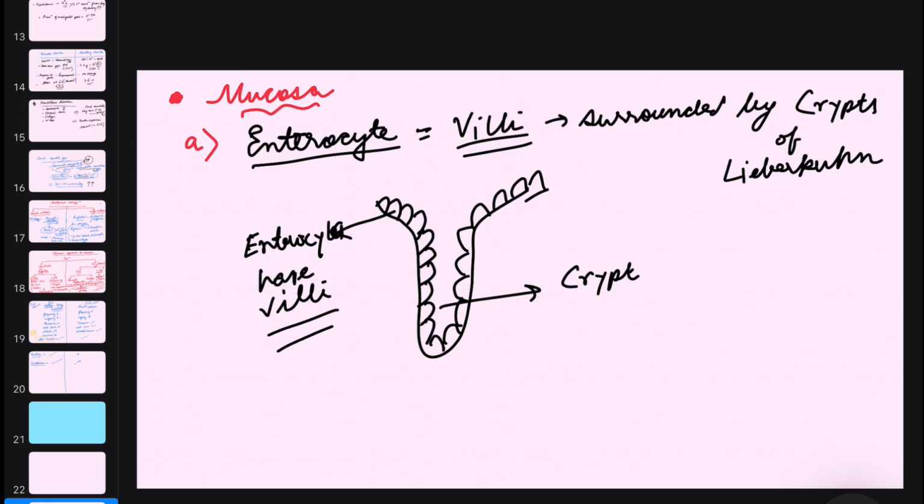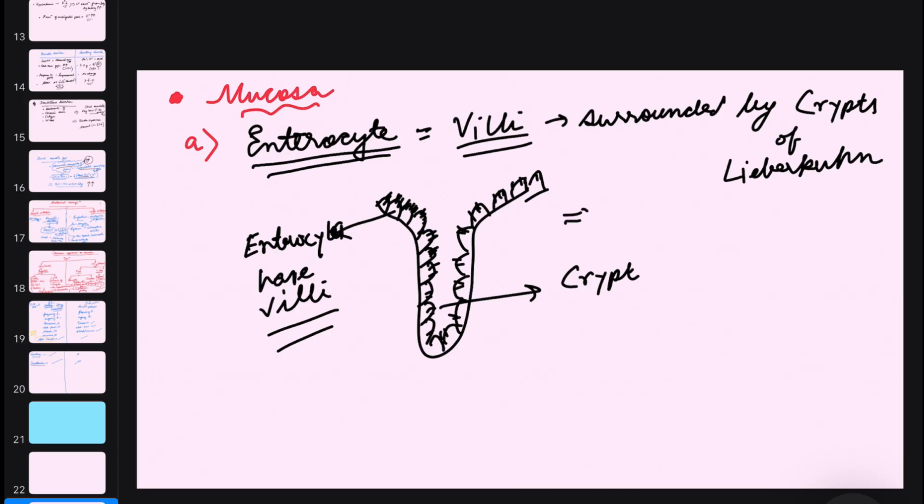Okay, now these enterocytes, due to the presence of these villi, see what is happening. I'm drawing the villi. Villi means small hair-like projections. Why are these small hair-like projections present? Very simple, so that the surface area for absorption increases. The more the surface area for absorption, the better the absorption can be. So we won't be missing out on important nutrients that would otherwise escape undigested, unabsorbed. That's that. Now, what happens is, because of these villi,